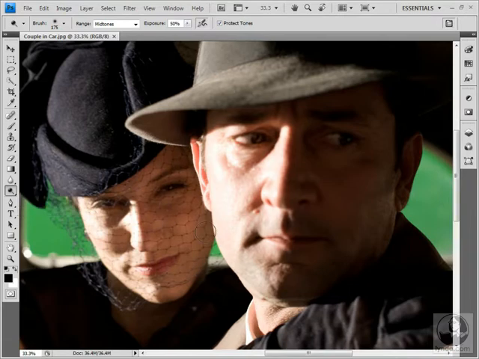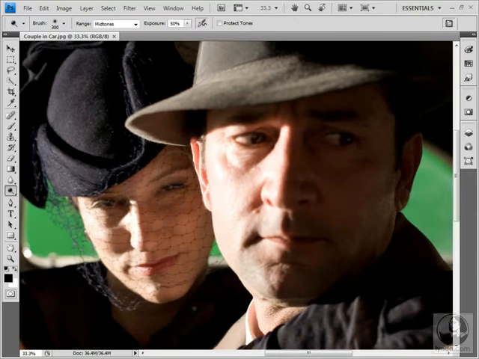I'm going to use it to brighten the shaded regions of these actors' faces. Let's start with her face because it's more in the midtones. That is to say, the middle brightness values. And notice up here in the options bar that there's a new checkbox, Protect Tones, that's turned on by default. I'm going to turn it off so that we can see how the dodge tool used to behave inside Photoshop